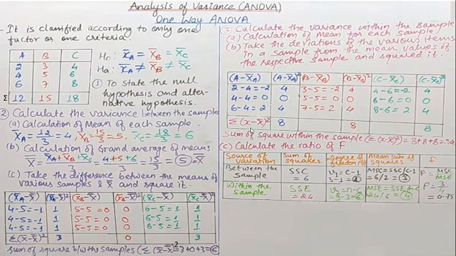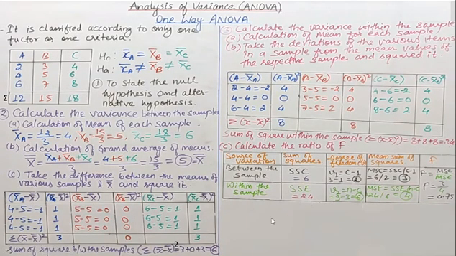And the summation, right now we are doing it for the terms of the first column. So here is the 4, here is also 4, and the summation of x minus x bar whole square is 4 plus 4 equal to 8, right? Similarly we will prepare the table. The value of B minus XB bar whole square is also 8, and the value of C minus XC bar whole square equals 8. So the sum of squares within the sample, summation x minus x bar whole square, equals 8 plus 8 plus 8. This will be equal to 24.